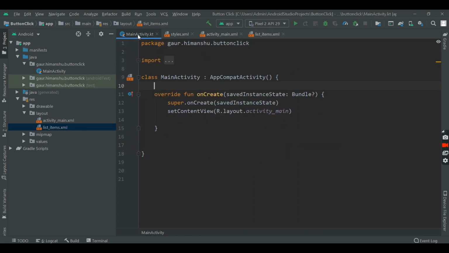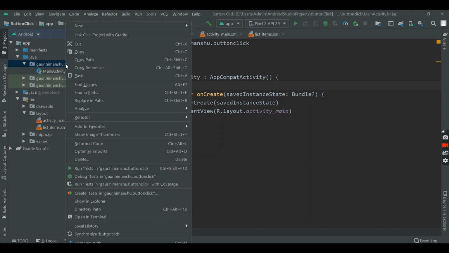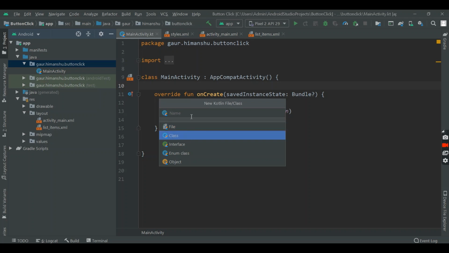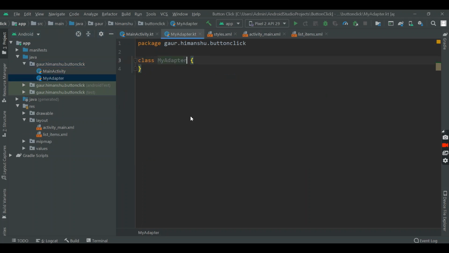Go to your main activity, and here I need to create an adapter class for our recycler view. So just create a class and I name my adapter class MyAdapter.